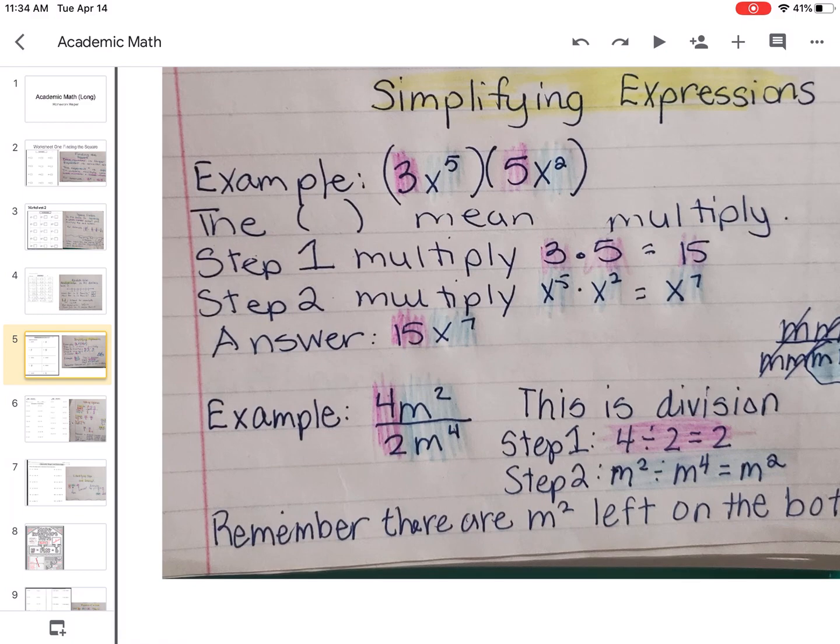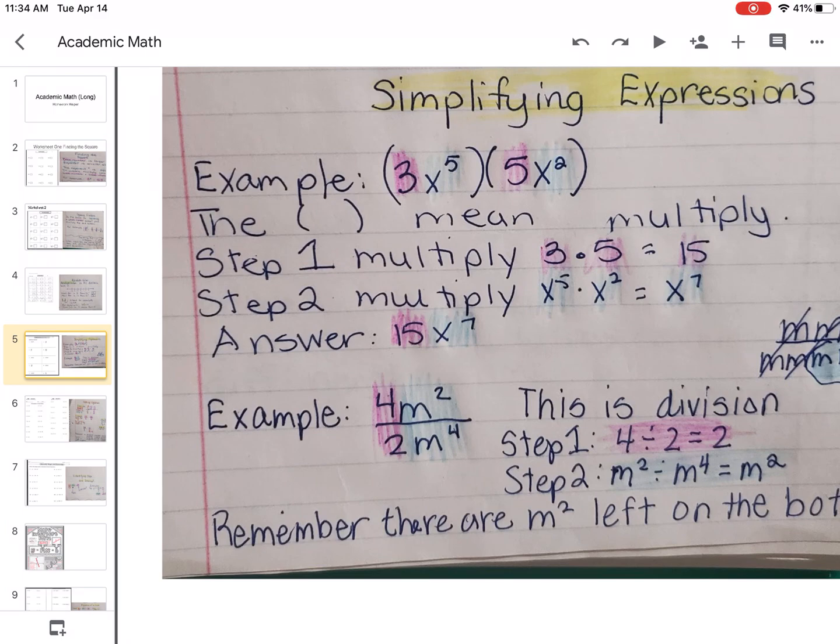Step 1, multiply 3 times 5 equals 15. Step 2, multiply x^5 times x^2. When we multiply exponents, when they look like this, you're going to add them up. So you can see that I did not do 5 times 2, I did 5 plus 2. So your answer is